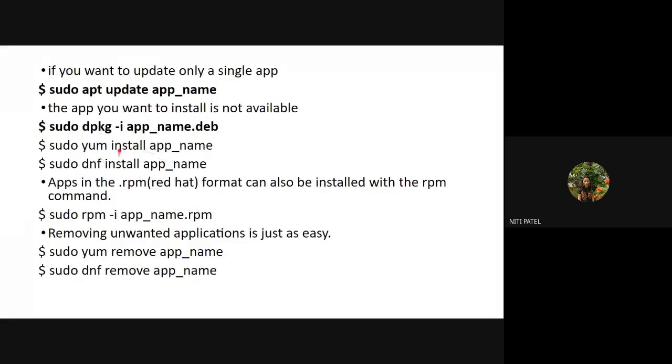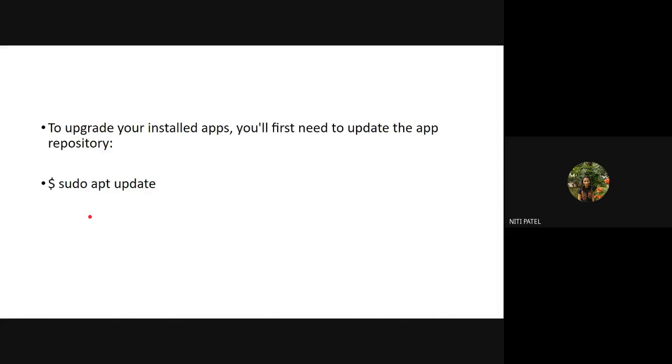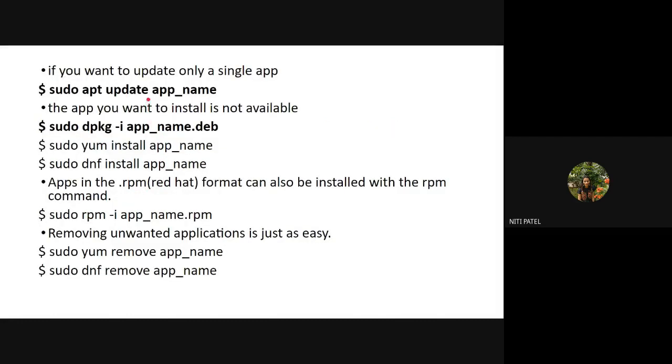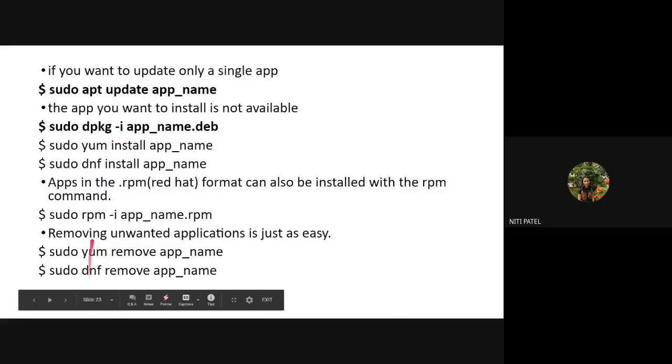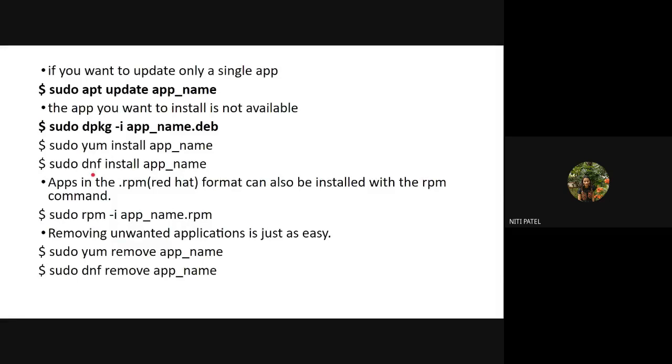Now you do not have to remember these two commands. This is just for your extra information. The only thing you have to remember is up till here. That is how you are supposed to update all by using this command. You are supposed to update single by using this command. All this can be skipped. Why? Because this is just for your extra information on how the commands change if you change the operating system. So yum is used if it is Red Hat, dnf is used if it is Debian.